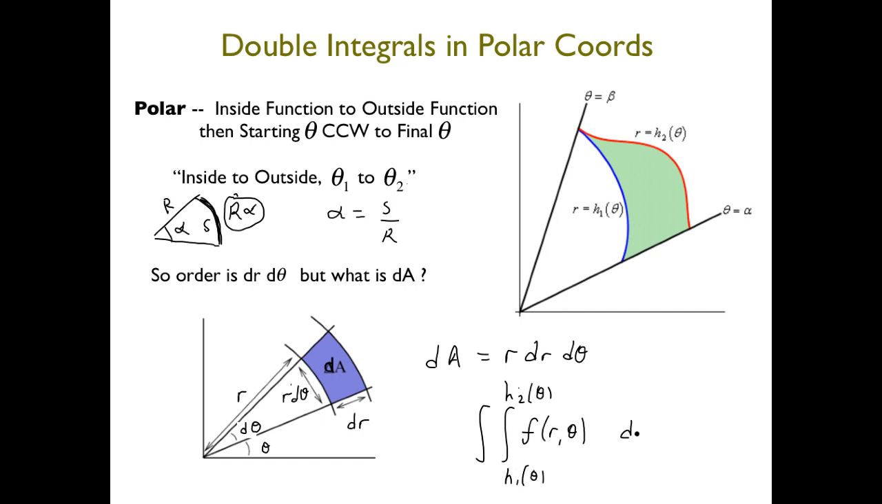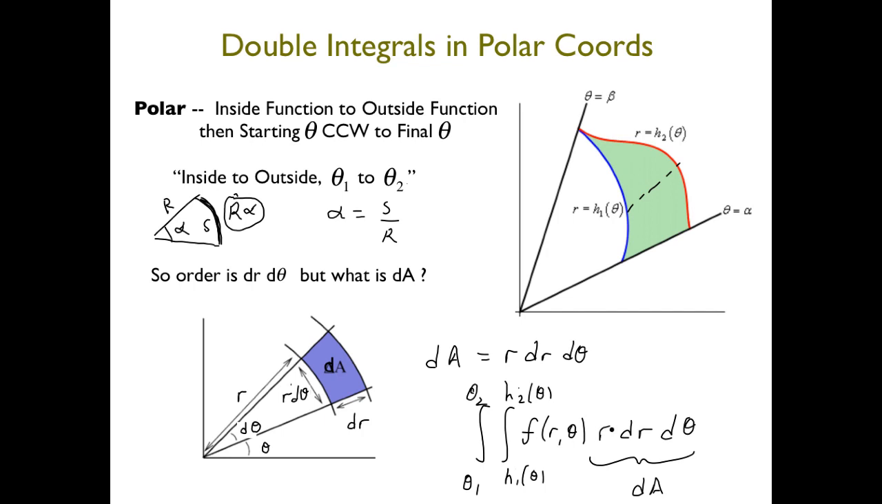And that's our dr, right? Inner function to outer function. The blue function to the red function first for a typical theta. And then, I'll write theta 1, theta 2, or in this case, alpha to beta. But this needs to be dA, right? It needs to be dA, so we need